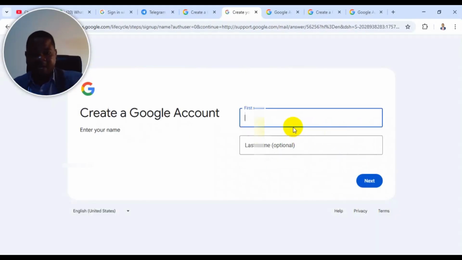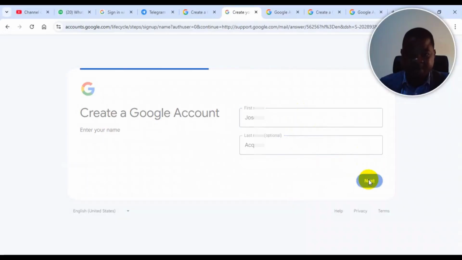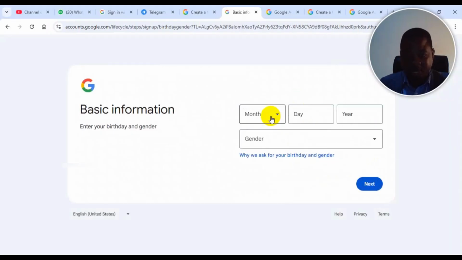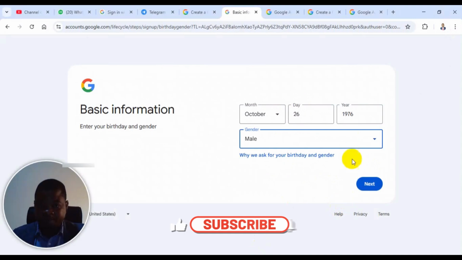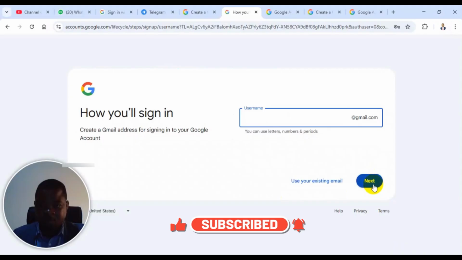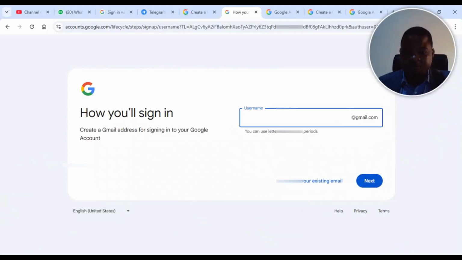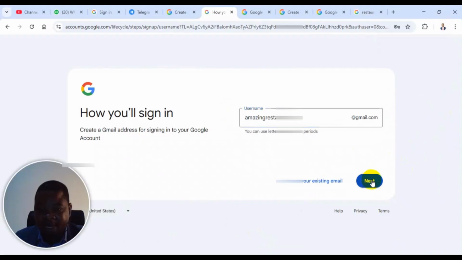Then they will ask the first and last name. So for example, you put a name and then the first and last name, then you click on next. They will ask you for your date of birth. Then you put your date of birth and the gender. After that, you click on next. Then they will ask for the username that you want to use for your Google account. So you click on next,